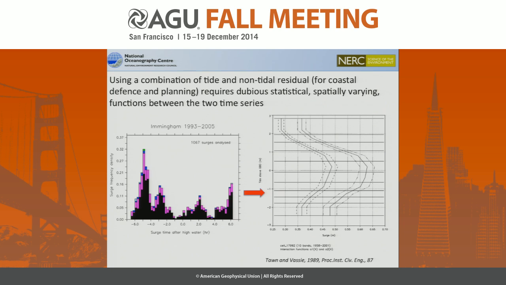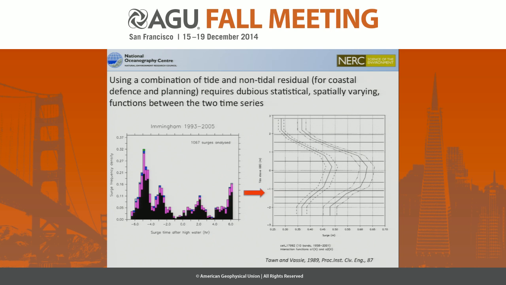These kinds of graphs, and I'd be interested to know if these are the same sorts of histograms that we were seeing for New York Harbour earlier, simply reflect how the weather changes the tidal dynamics. So they don't actually relate to storm surge. It's simply how tides have been changed by those dynamic terms in the equations, the horizontal pressure gradients and the